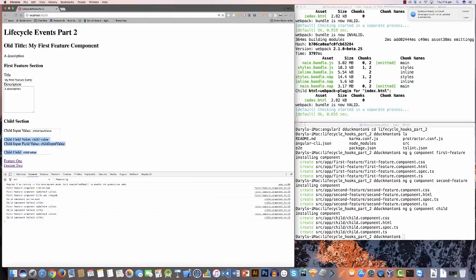That blue section right there, that's all the child component. This is actually part of the feature, which is passed in as an input. But you can see with the child component, that gets initialized after the first feature. Same with DoCheck, that gets fired after, and so on and so forth. However,